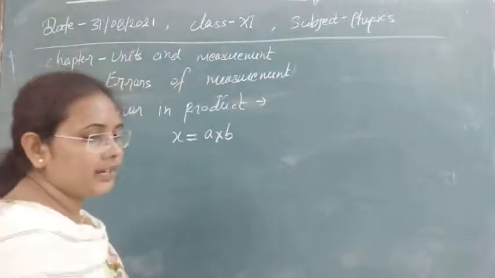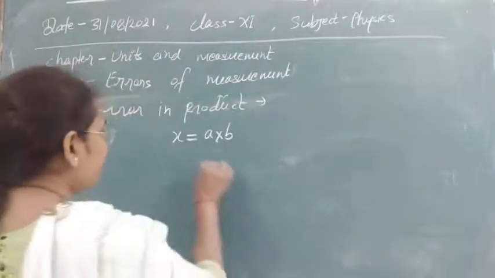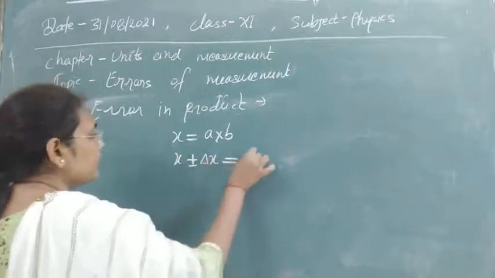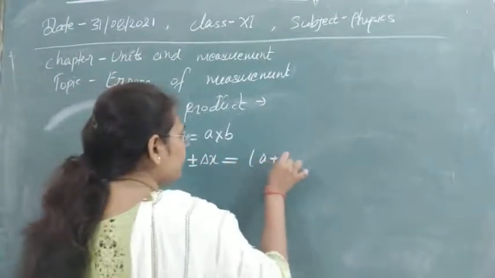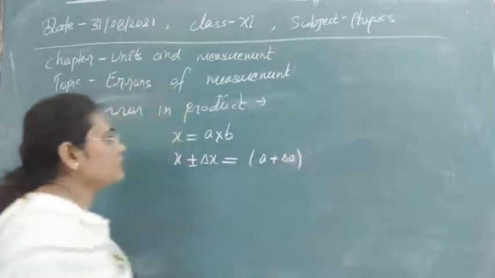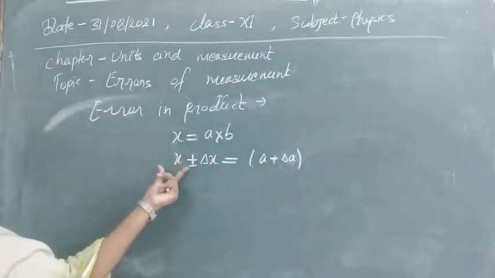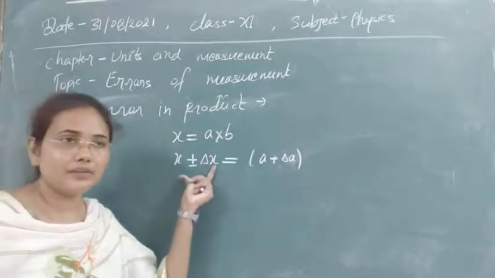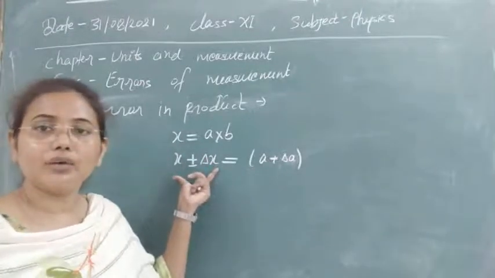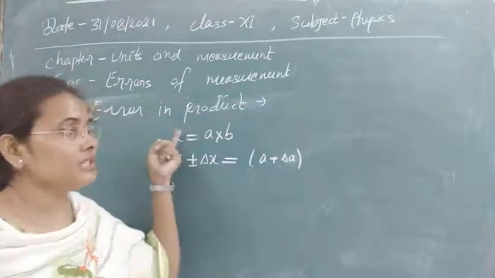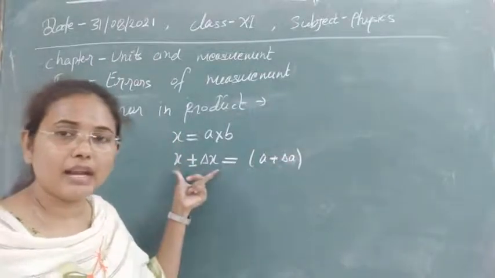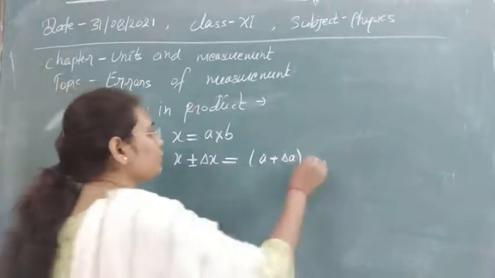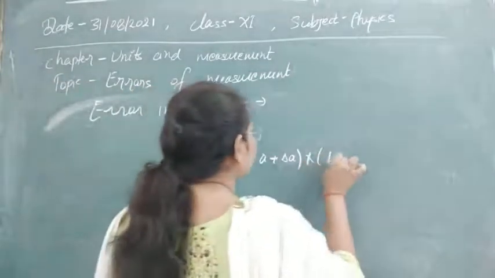Then what we can do now is first write down x + Δx, which is equal to (A ± ΔA)(B ± ΔB). Because these are the measured quantities and these are the errors, the true quantity can be written as x ± Δx. I told you how you can write the true quantity from the measured quantity and the errors: if you add or subtract, this provides the true value. So just write it in this form.